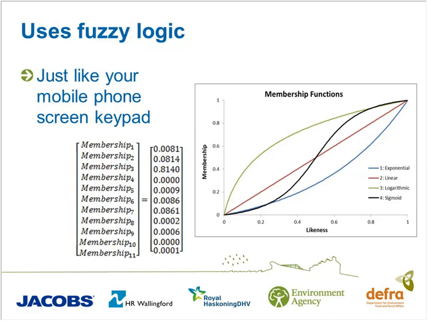And essentially the way it's doing that is by working out which number you're nearest to, or which figure you're nearest to, and that's essentially what we're doing, using that basic principle to bring together the information that we've got